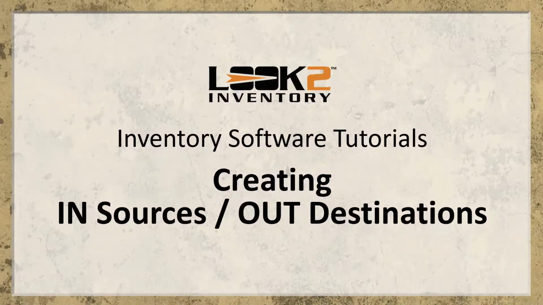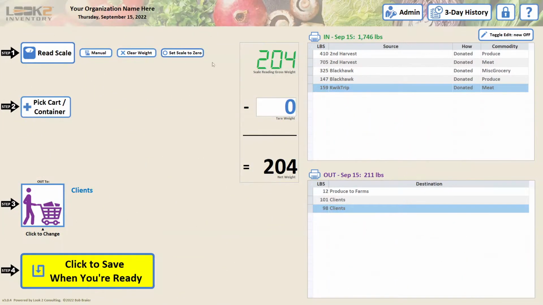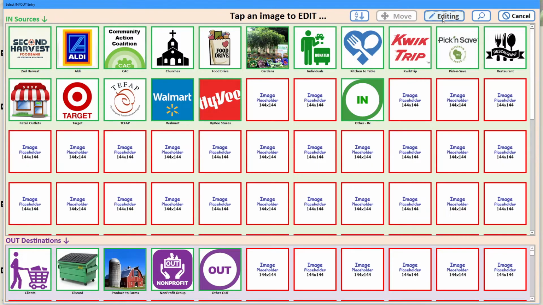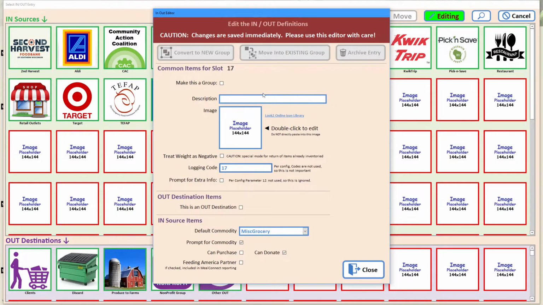This inventory software tutorial explores how easy it is to create a new in source and an out destination. First, log in as administrator, and then click the icon in step 3, and click the Edit button. To create a new in source, select one of the empty slots in the top portion of the screen, and